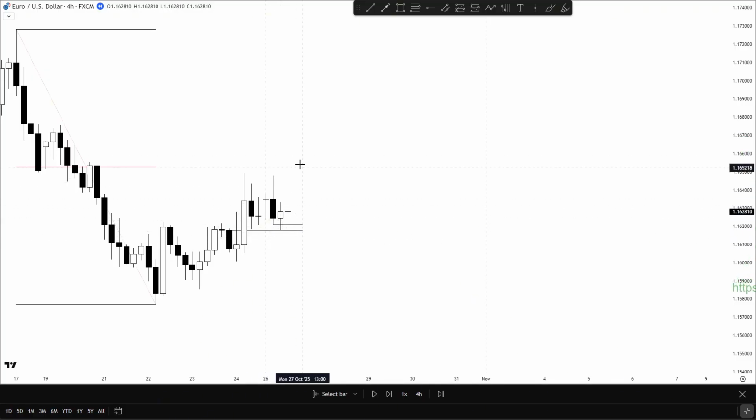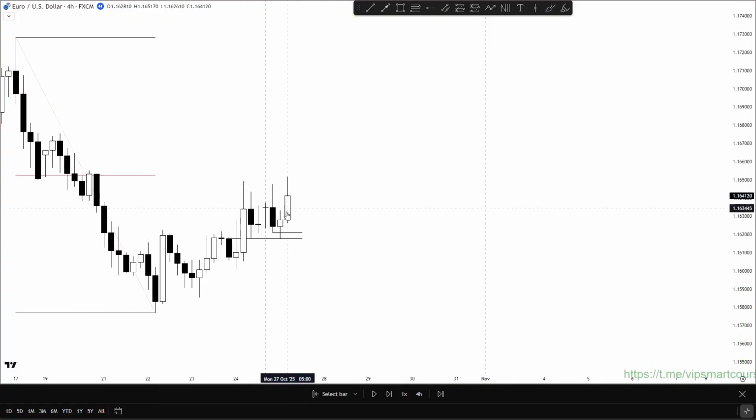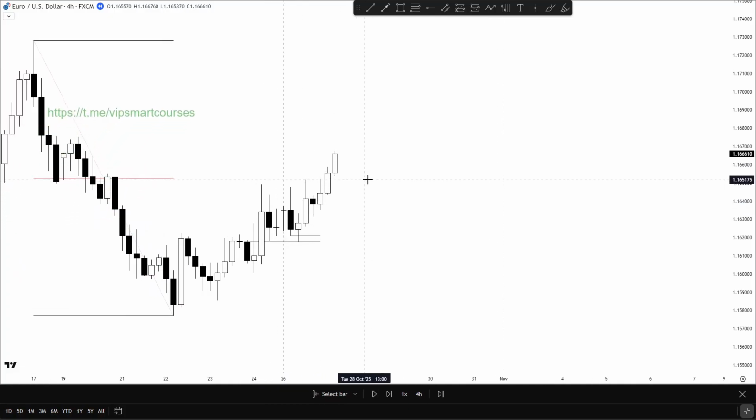Okay, and this was a win for me. So this was the first trade of the week. Then by this point, I was done for the day, so I just let price do whatever it wants. Obviously this price section right here isn't relevant to me, because I don't trade during this time. So I just watch price action and decide what I'm going to do with it